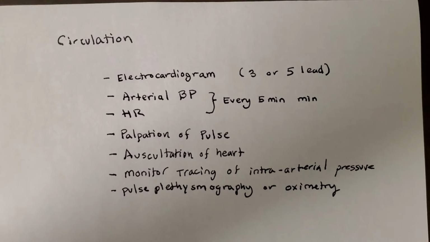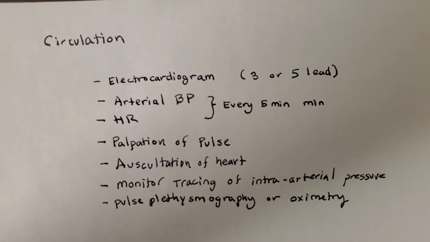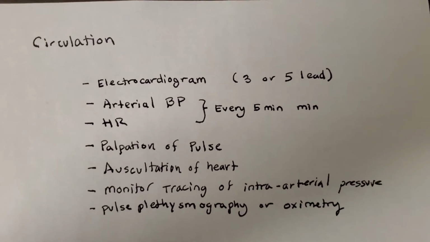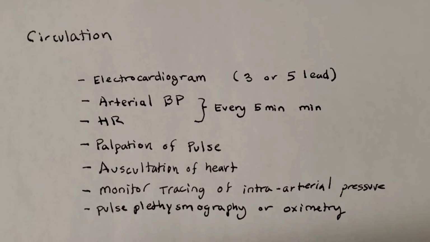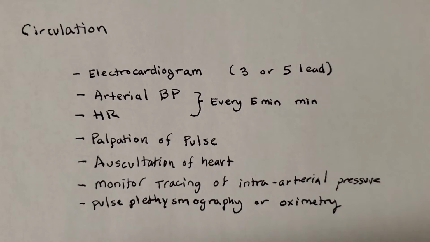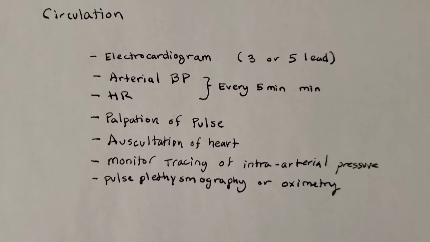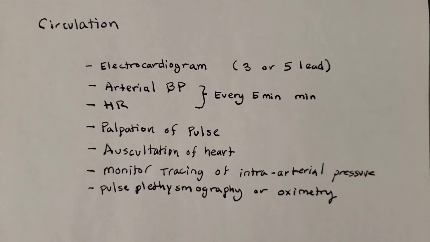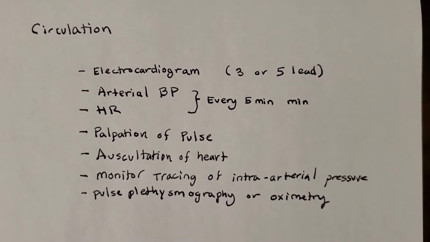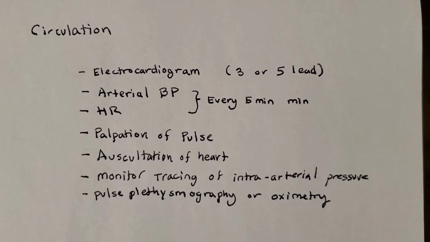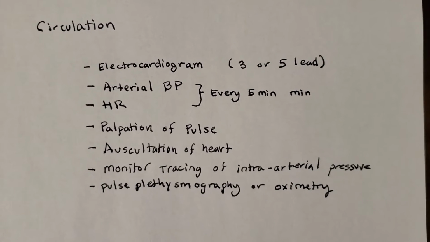They want you to have an electrocardiogram. So 3 leads is most common in surgery centers where they're low profile surgeries, or if you don't expect any arrhythmias. If you're doing more complicated cases, you'll want to use 5 leads. And I won't go into why, but just know that 3 is standard, 5 is extra.